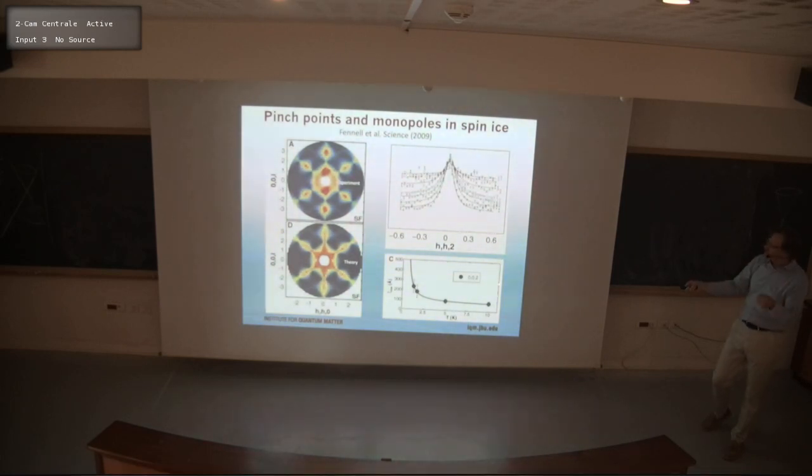So this is essentially telling us that the spacing between monopoles is increasing as the monopole density is decreasing. So this is a measurement essentially of the monopole density as a function of time. They eventually kind of annihilate, and we get into a state that has fewer and fewer monopoles in it. So a lot of the